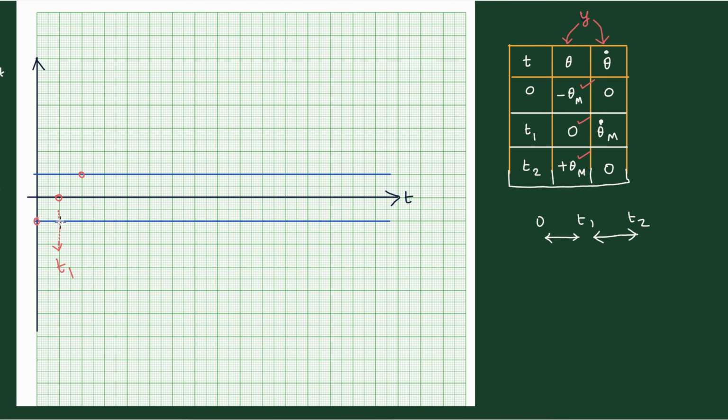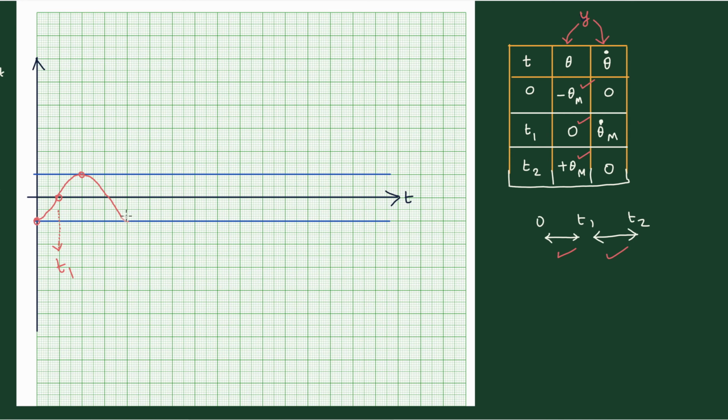As you know, since we are having only 3 points, if you join them you will get a straight line. But in reality, it is not so. That is why I told you this is how you do the experiment. But in practice, you will have to collect a large number of data points between 0 and t1 and between t1 and t2. Only then will you know whether the connecting line is a straight line or some kind of curved path. And coming to the actual solution, if you do the experiment, we will not have a straight line between the 3 points; instead we will have a curved path like this.